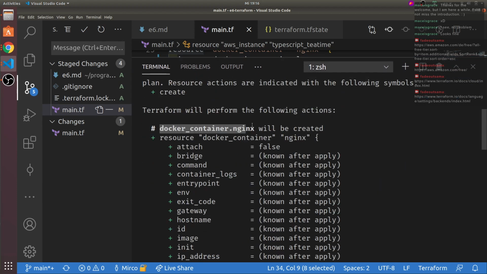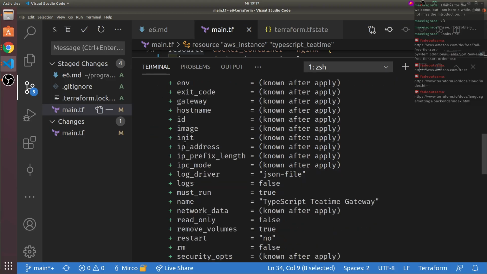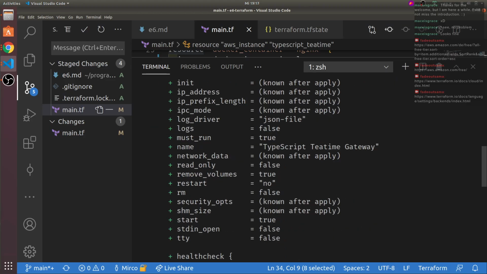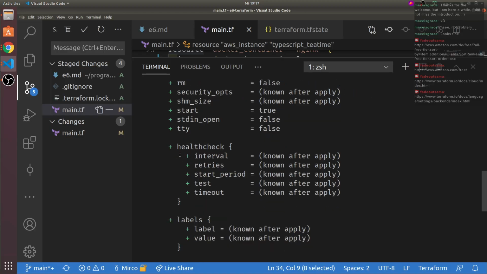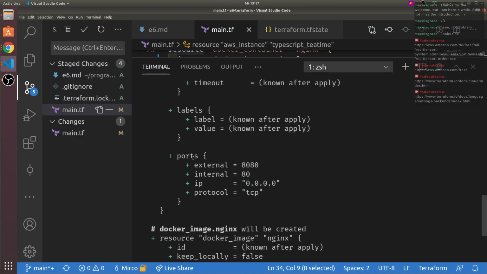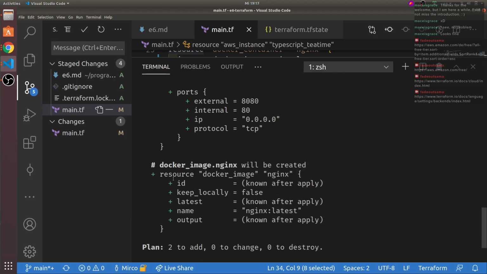So we make create on the Docker container, on the nginx, and it will set everything up here the way that we wanted it, as well as health checks, labels, our port forwarding, and the Docker image.